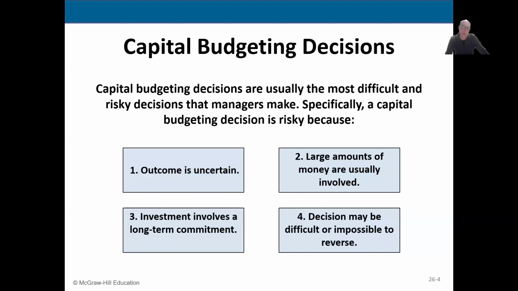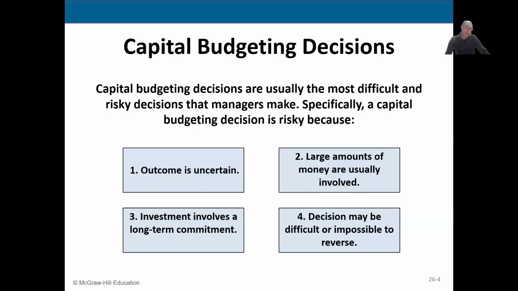Understand the risk. Number one, the outcome of the decision is uncertain. Something might happen to the asset that you're trying to purchase or sell. It's uncertainty. The buyer might decide to pull out of the deal, or the bank might decide not to finance the purchase. Those are uncertain outcomes that may or may not happen. So that's part of the risk.